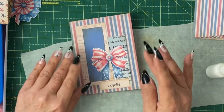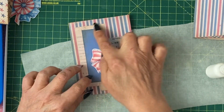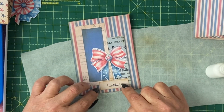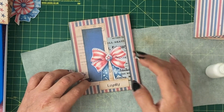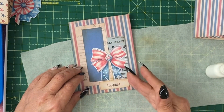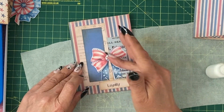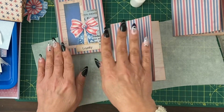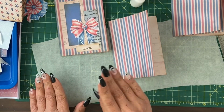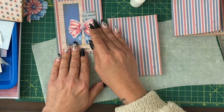Let's examine why we knew that would work. One reason is because we're all within the same colorways as the background. Another is that we've layered things at different levels and we've gone diagonally across, and that we've made the fussy cut the central focus of that background. If we follow that basic idea, it should be pretty easy to put a quick decoration onto the front of